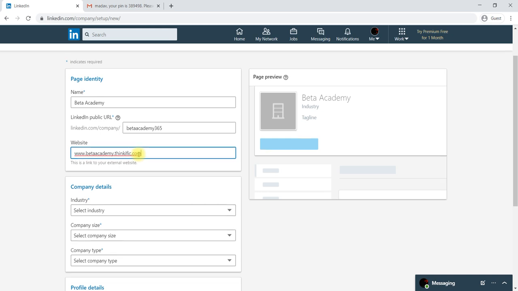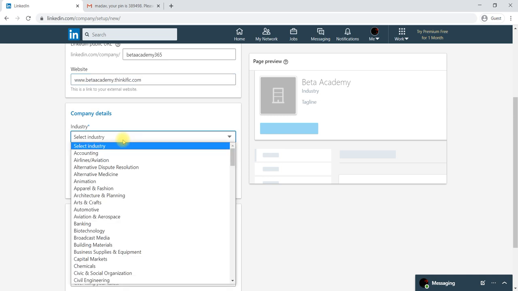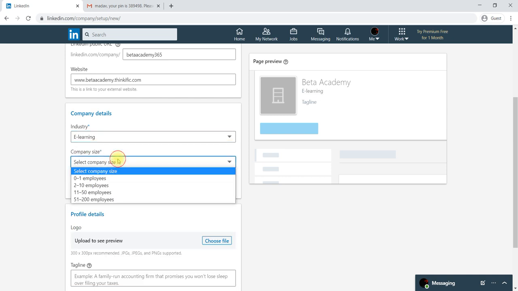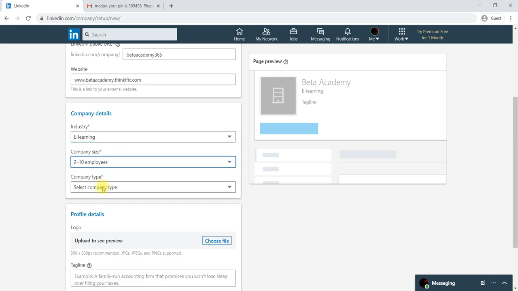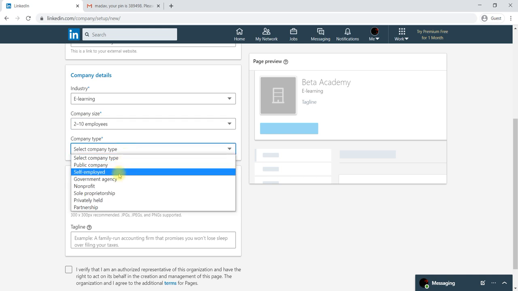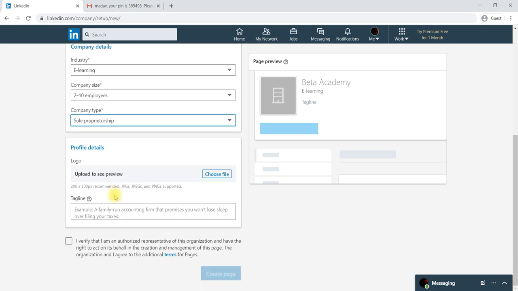Then here we have to give the company details, like which sector you are in, size of the company, then company type. Then you can choose the profile, like a logo, upload to see the preview.